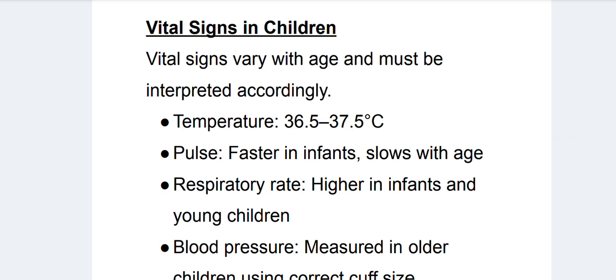We don't take blood pressure in an infant, in a neonate. No, we just get the pulse. The pulse in a neonate is 120 to 160. Recommended books will show you that. Okay? Then when we go to respiration,